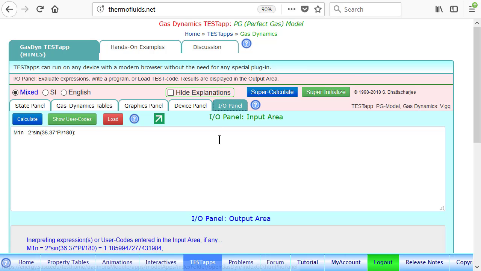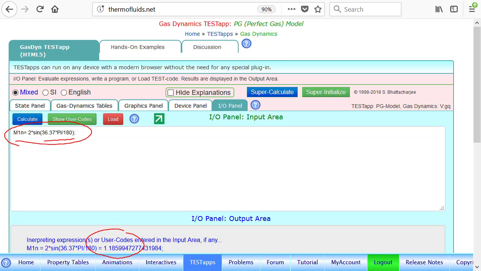We can do it with a calculator, but I did it with an equation here just to show you how to use the IO panel. So M1n: 2 is my Mach number, and the sine of theta must be in radians. That's why I have to multiply that by pi divided by 180. Note that one of the things we don't have the ability to do is pick up the variable from the tables. The IO panel understands all the variables from the state panel, but not from the table. So anyway, M1n is found to be